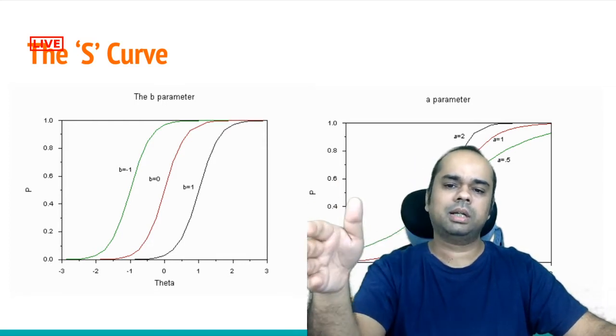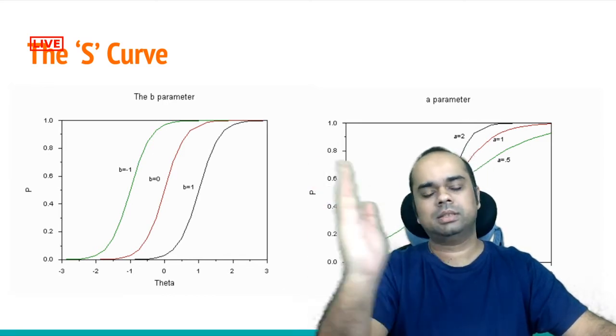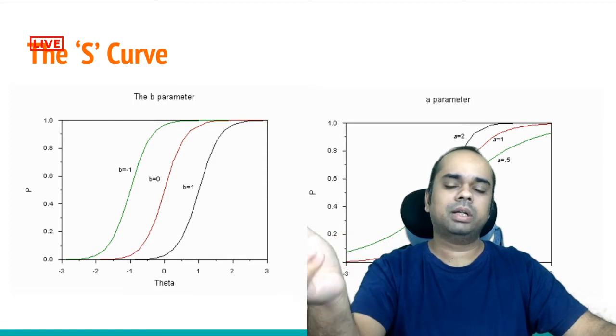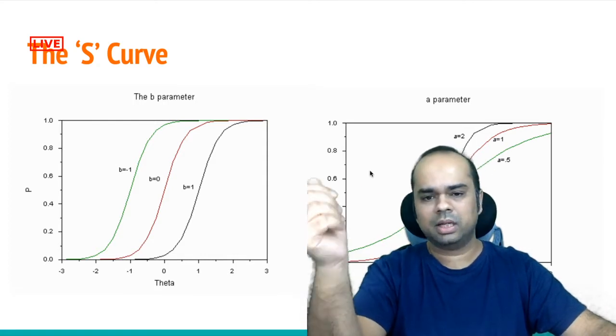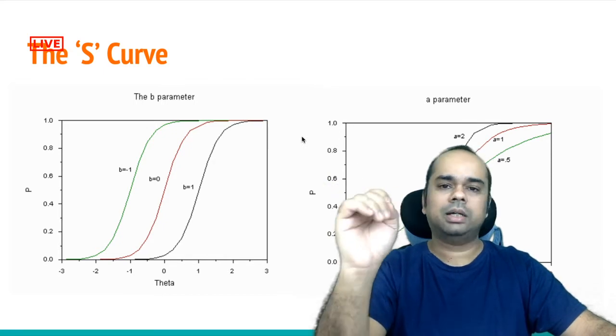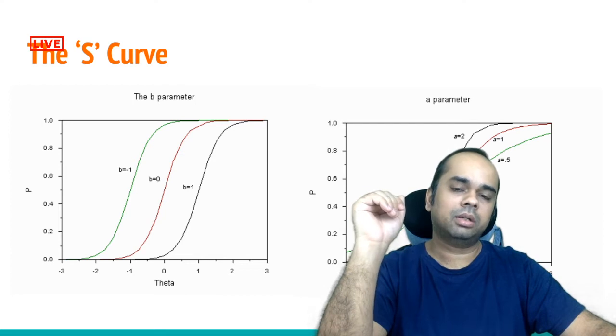So I just want to say that the black line, as you can see over here, divides vertically into left and right, but the green line doesn't divide vertically very strongly. So that's essentially the thing, and we'll come to this particular thing. At the heart of item response theory is understanding the mathematics behind this particular curve.